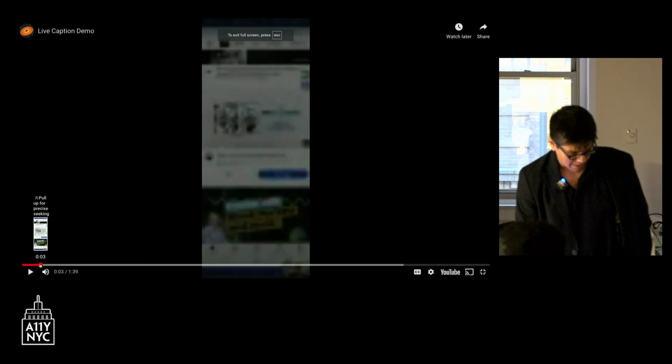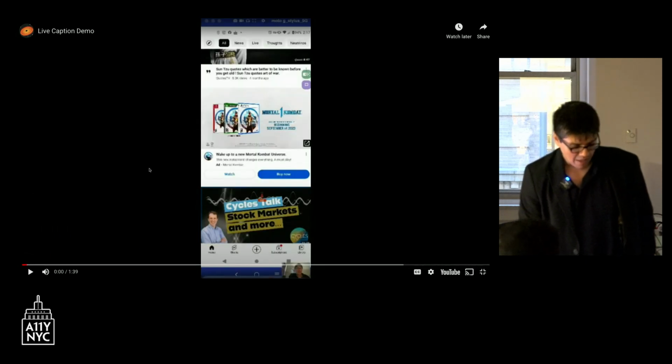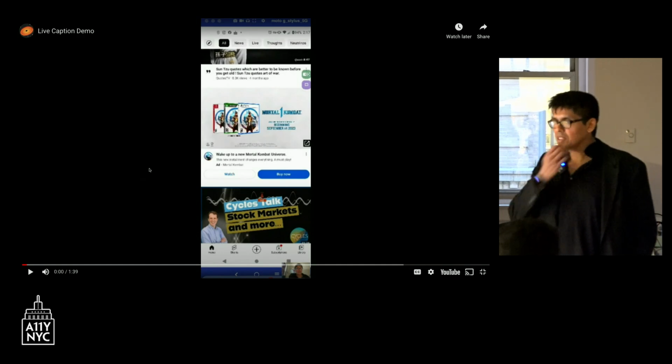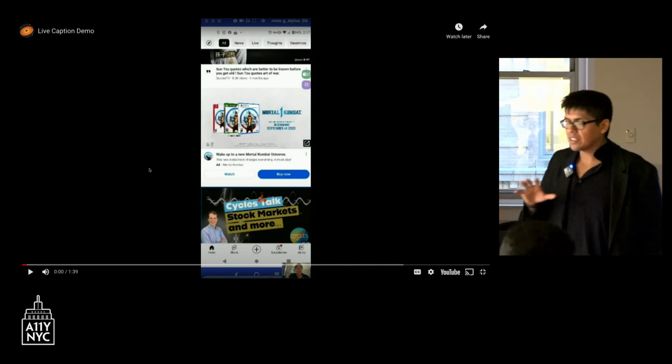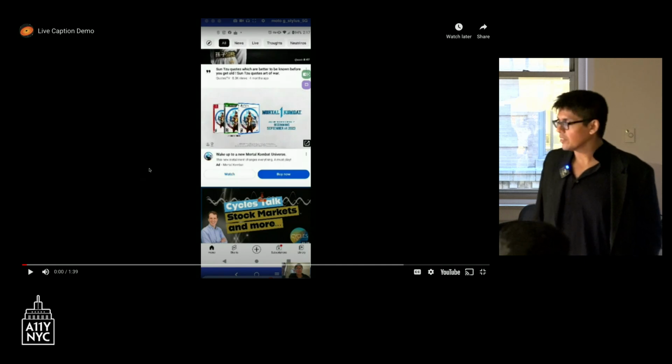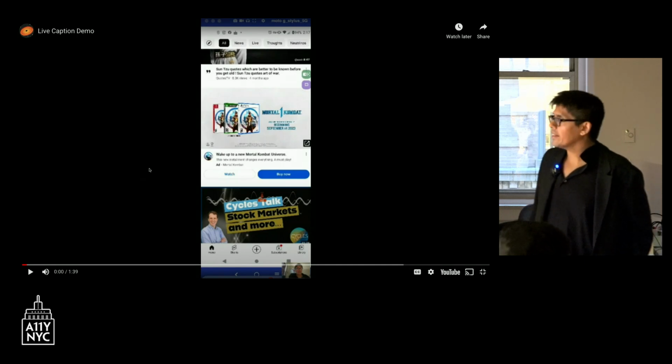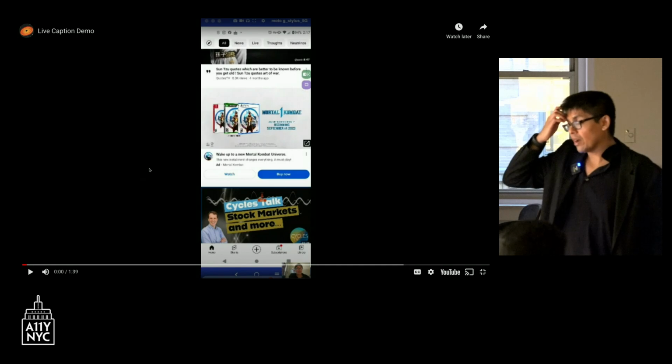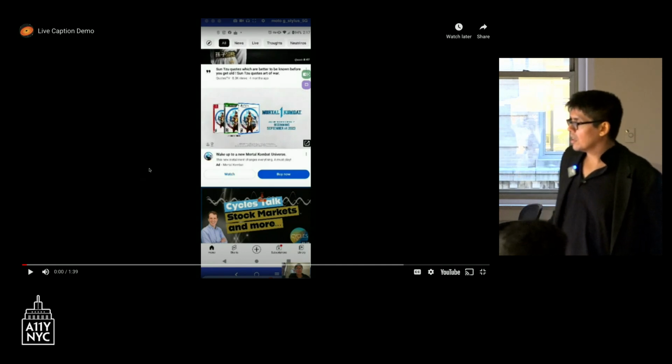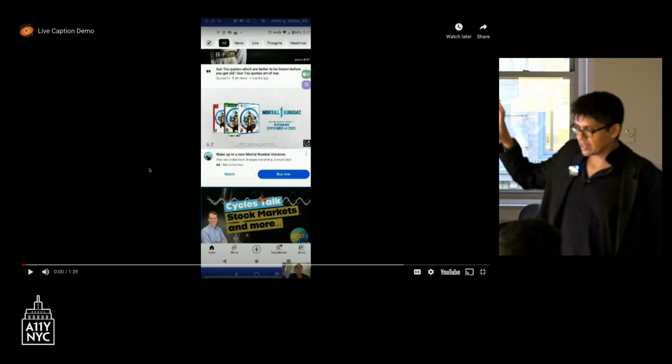So basically what I did is I put a demo of live captioning. Live captioning is a technology which reads captions from any source of audio on your device. So it's not necessarily tied to the video. In your video option, you can select captions and it'll show captions.